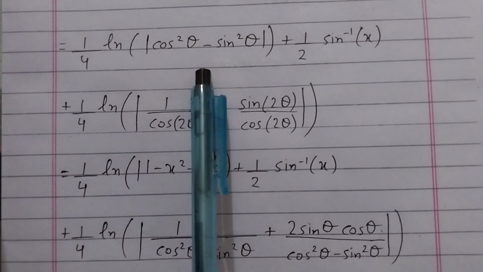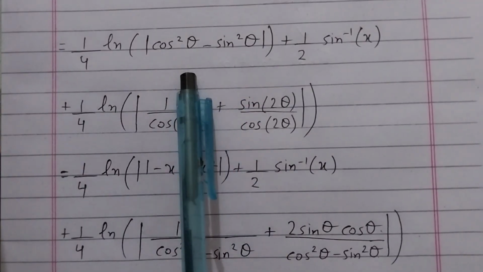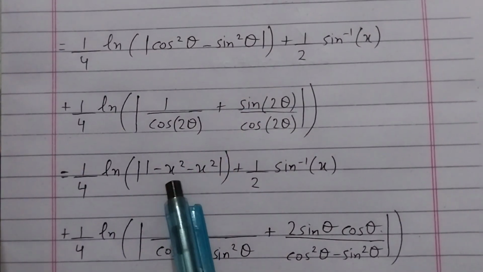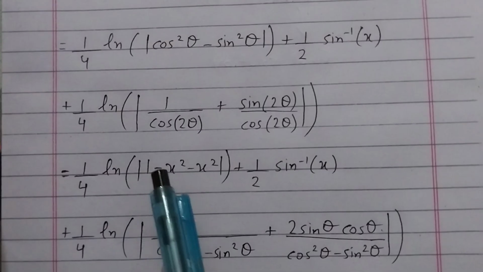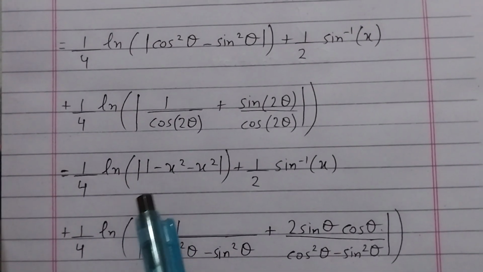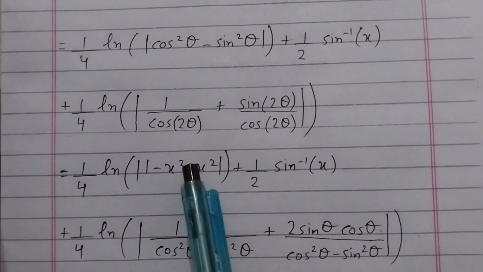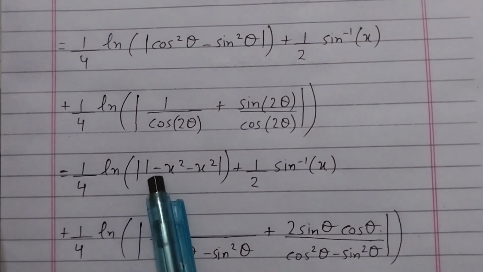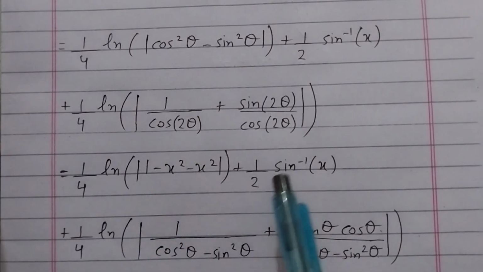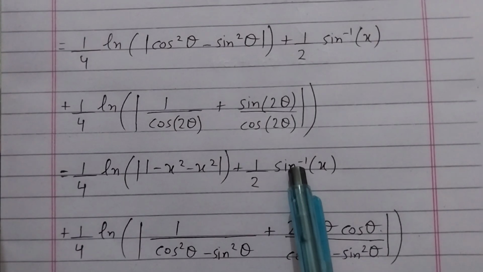So the first term was cos squared theta minus sine squared theta, and cos squared theta is simply 1 minus x squared, because cos theta was square root of 1 minus x squared, and sine squared theta is simply x squared. So this becomes 1 minus x squared plus 1 by 2 sine inverse of x